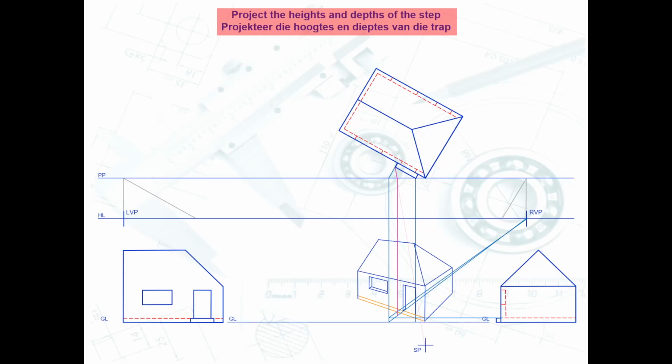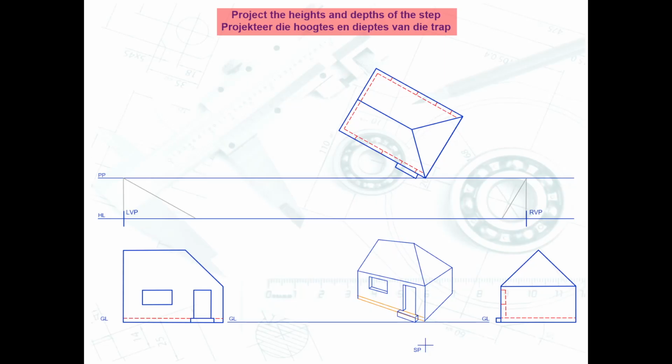To get my points on the right, I will project my height line from my top view to my ground line, and where it intersects with the ground line towards my right hand vanishing point, as well as towards my left hand vanishing point, and the top part of my step on the right hand side towards the right hand vanishing point, as well as towards the left hand vanishing point. And to find that point in perspective, I need to project it towards my station point 90 degrees down, and then I can find my 2 points on the right hand side. That then will give me all my points that I need for this step, and I can draw my darker A-type lines that I will see in my perspective for the step.